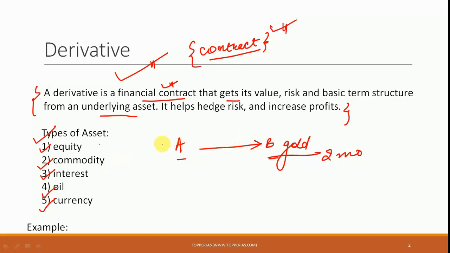This is largely used vis-a-vis agriculture, which is one thing that you should know, because in the agriculture sector the prices are really fluctuating, and crops are growing after a period. A could promise that after one crop cycle, that is after 6 months, A is going to buy all the crop from B. So this is what a contract is. A contract is going to be signed, and this is what is going to become a derivative.